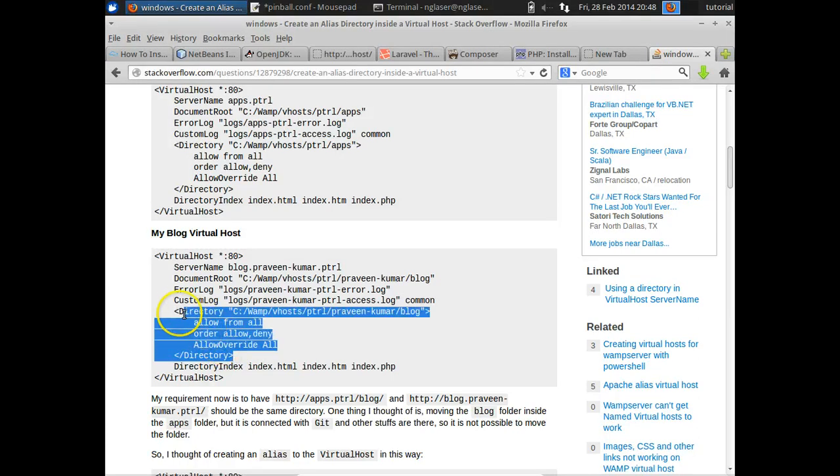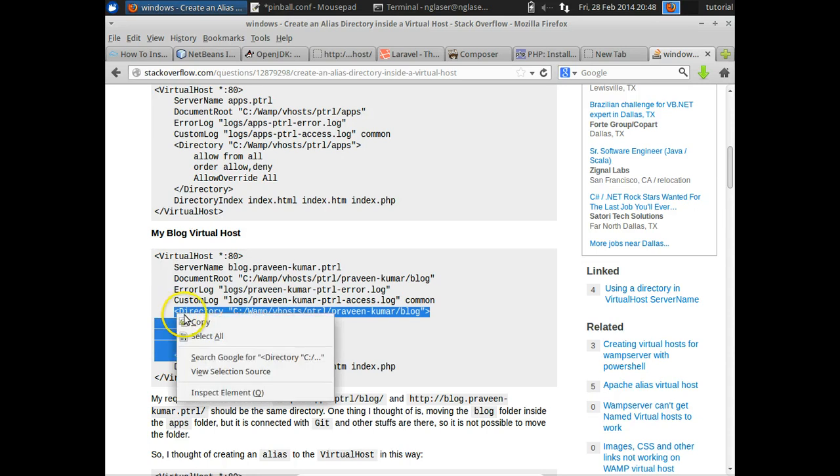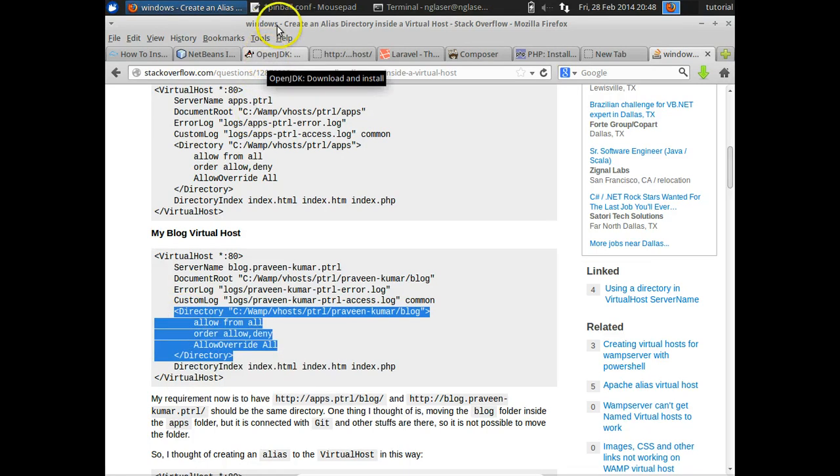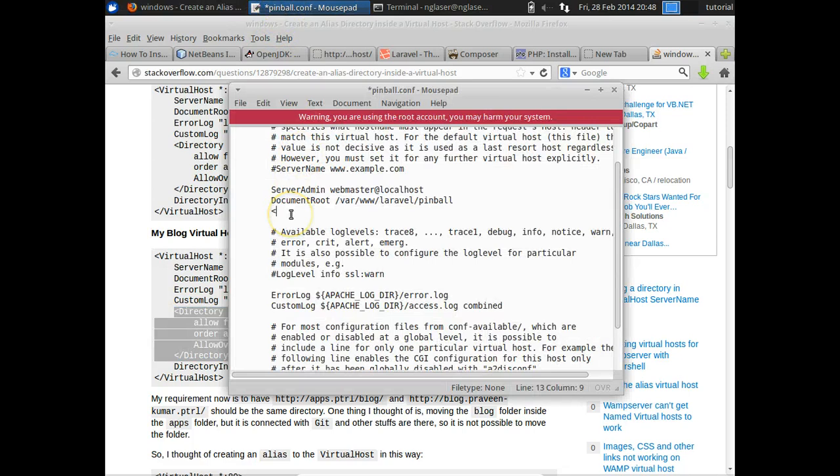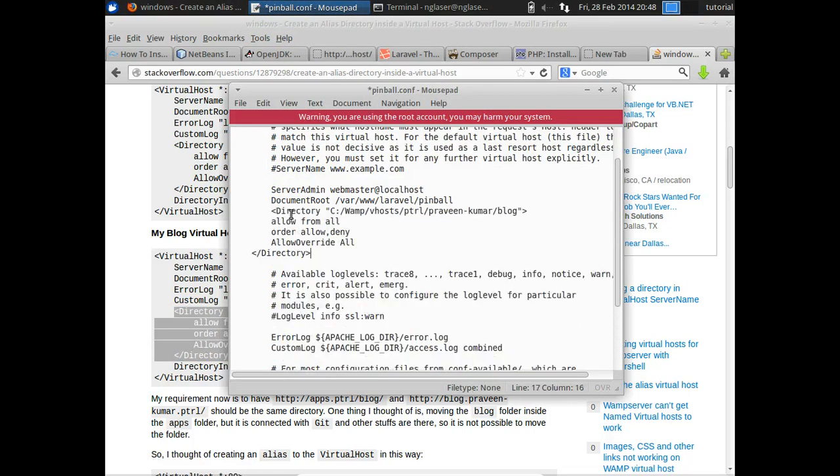So ours is going to be a little different than this, but we're just going to copy this, and then I'm going to explain this to you really quick, because this is not exciting stuff, I know. So put that in there, and we're going to make sure that we get our document directory right. And our document directory is going to be public, and that's where our index.php file is, and remember PHP is the web language, so that's where we're going to be starting from. And we're going to say public, and then we're going to say public right here,